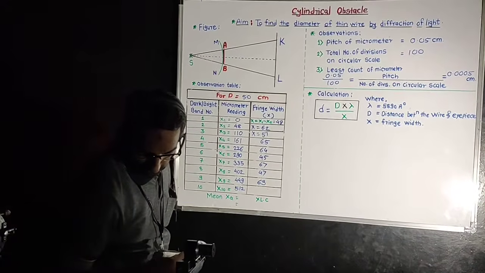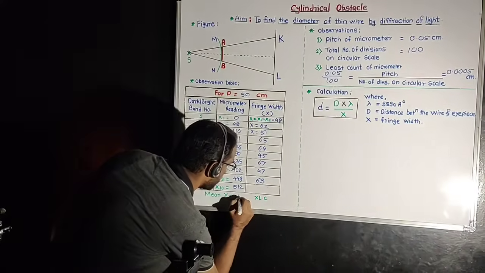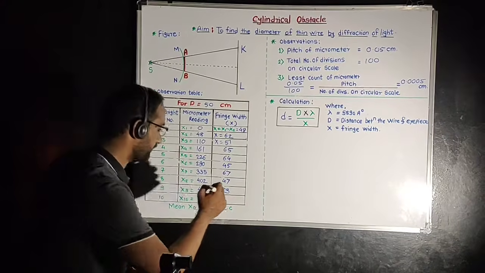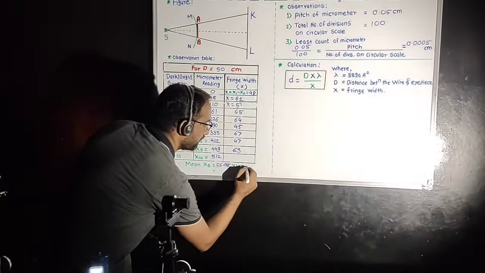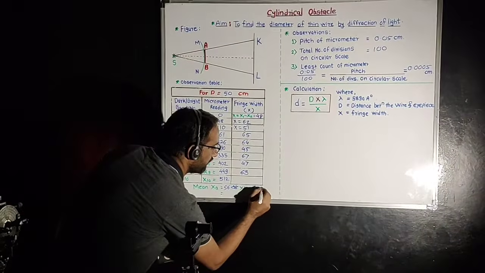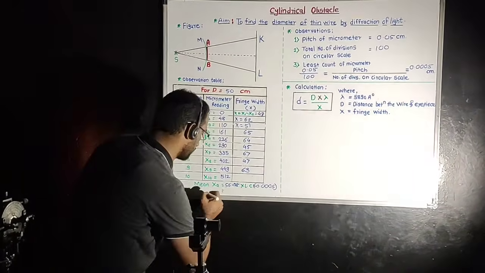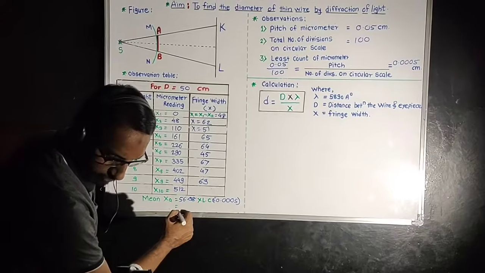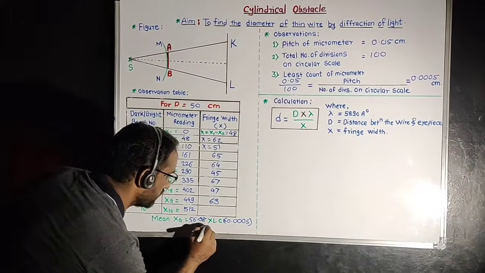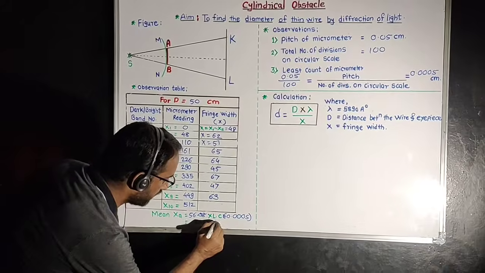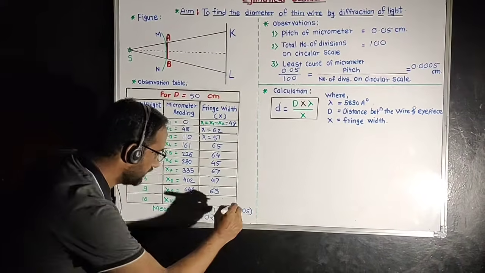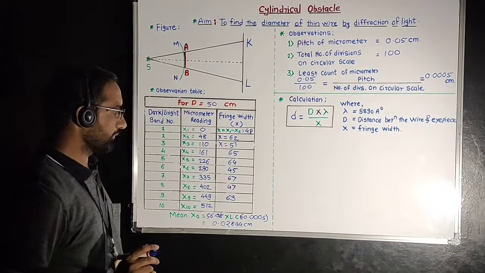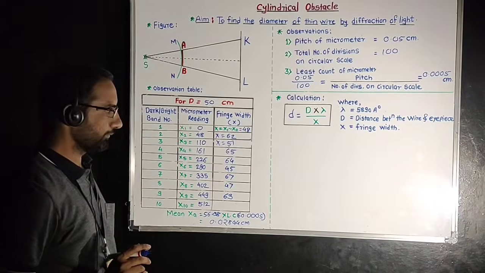So we are getting the value of that difference is 512 divided by that 9, that value becomes 56.88, but we have to multiply with the value of least count. So least count is 0.0005 centimeter. So it becomes the fringe width in centimeter, and that product of these two values is 0.02844 centimeter. So in this way we can find the fringe width, that is the bandwidth, that is the difference between two successive dark or bright bands.